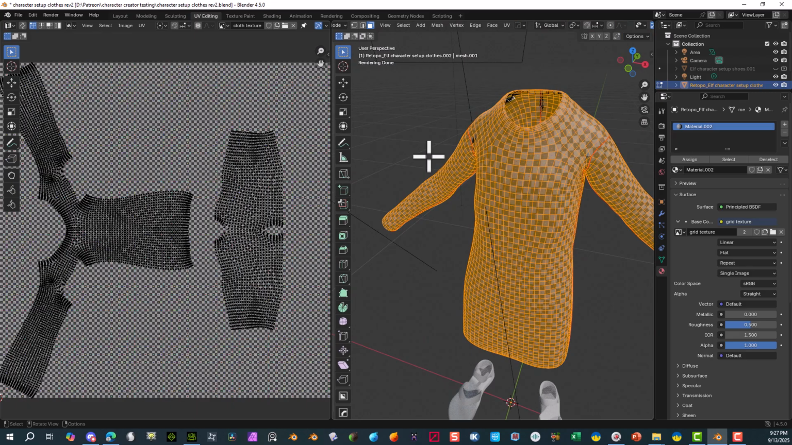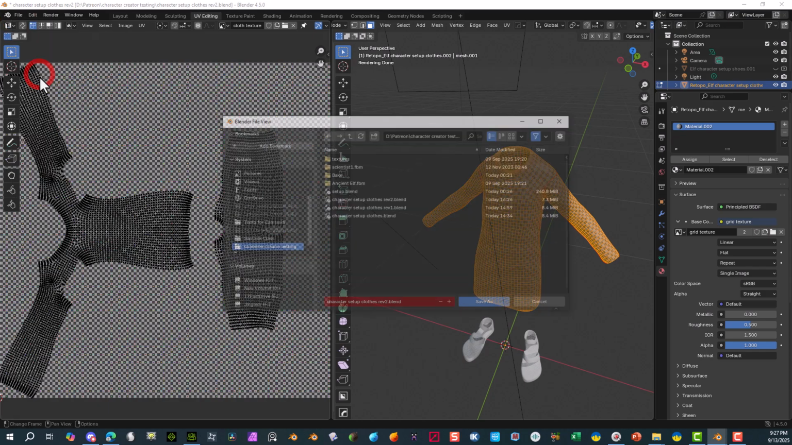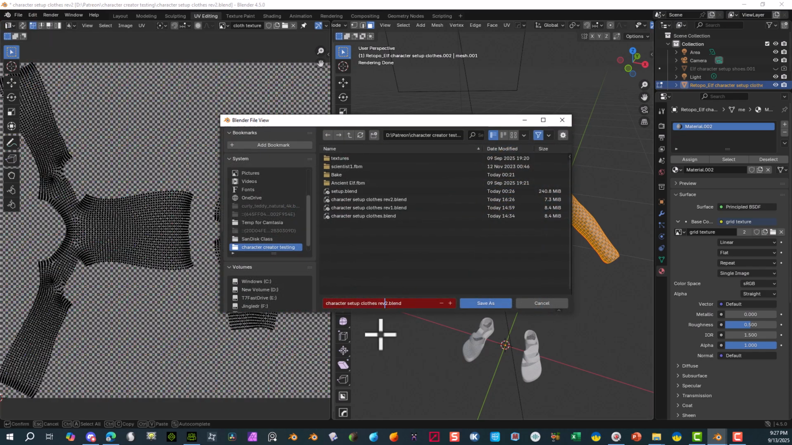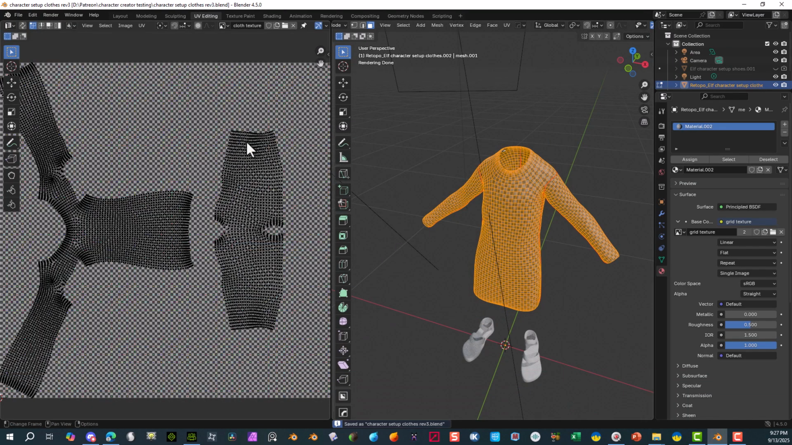Now, I'm bringing this back in. So we got all this saved. I'm going to go ahead and save this now. Save as. I'm going to put Rev 3 here just so I can continue to build off of this thing. Save as. And now that we've got this already set up here and everything's working great, we can go into the shading